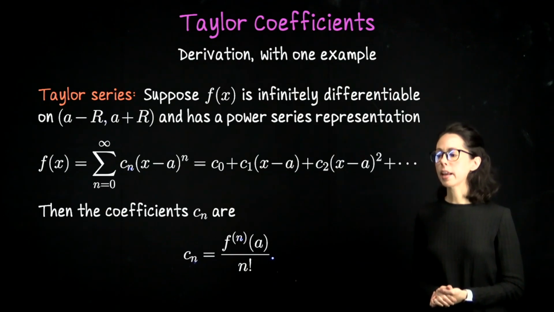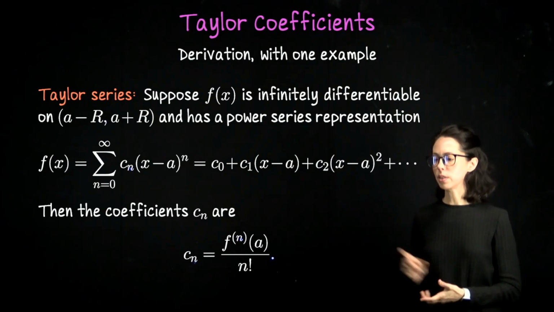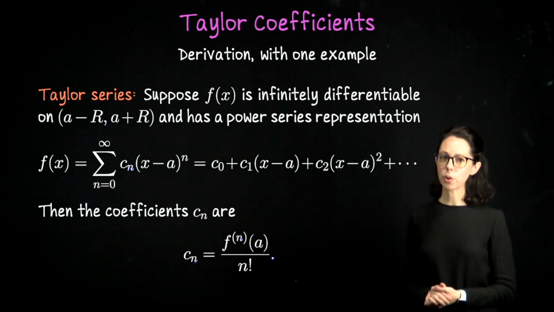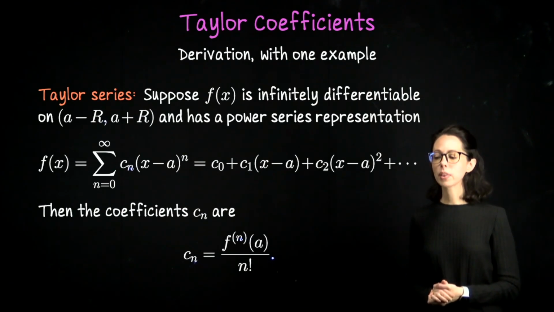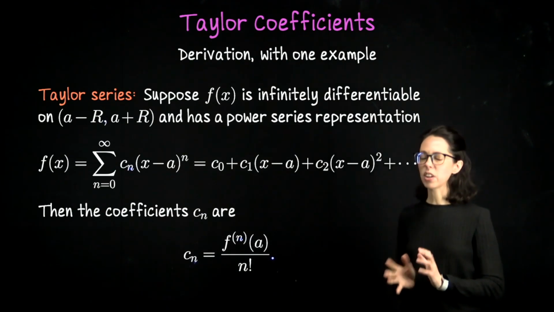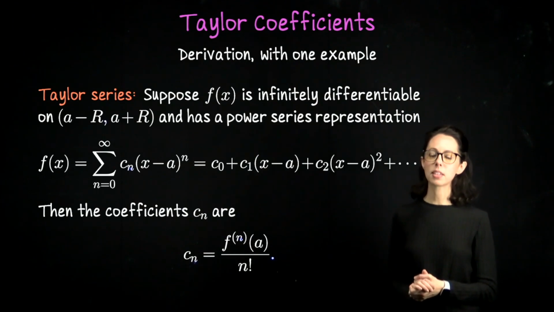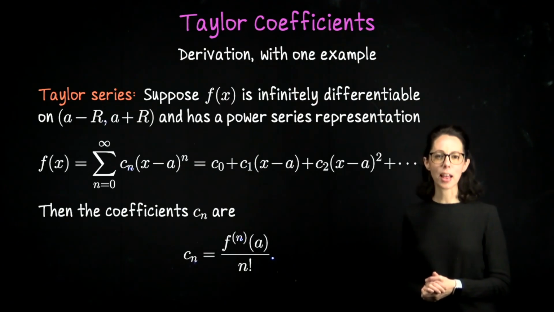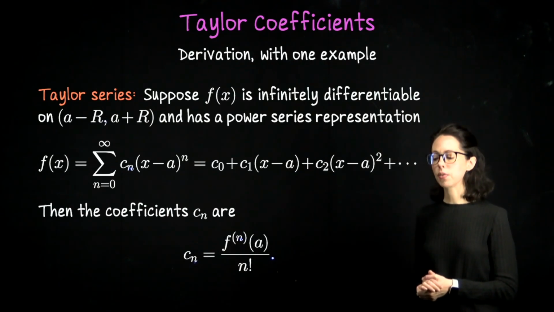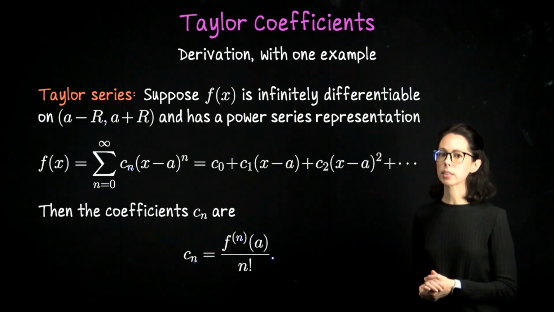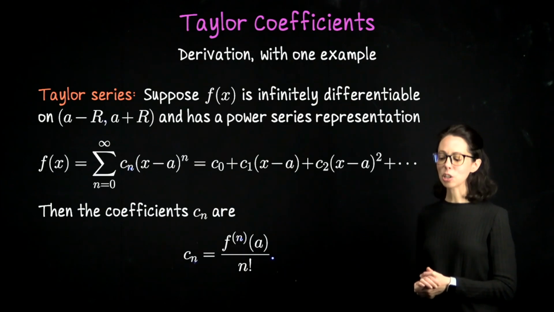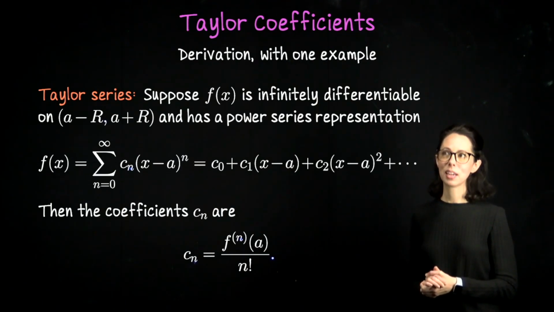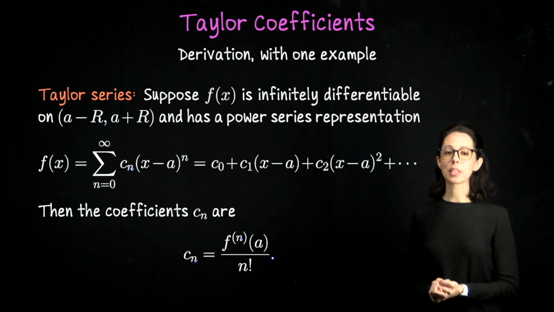So the first thing that we're going to do in this video is derive this form. It's a computation that I would encourage you to revisit on your own later. So see if you can reproduce the first result that we have in this video. Then I would like to just mention an alternative version of the ratio test to talk about the radius of convergence, and then we'll wrap up this lesson with a fairly challenging example. In the next few videos, we will compute Taylor series for some famous functions, and you might actually find those examples a bit easier than the example that we do in this video.